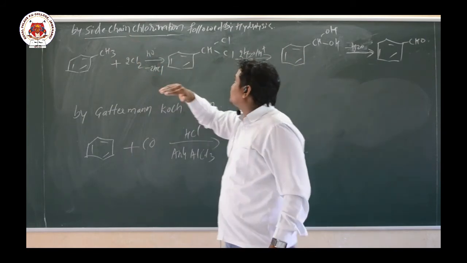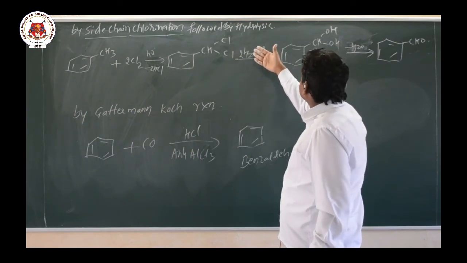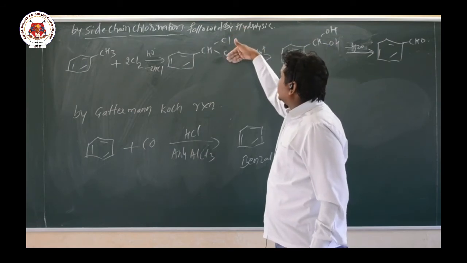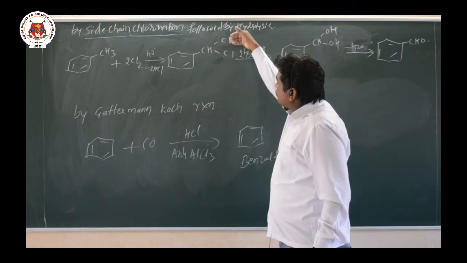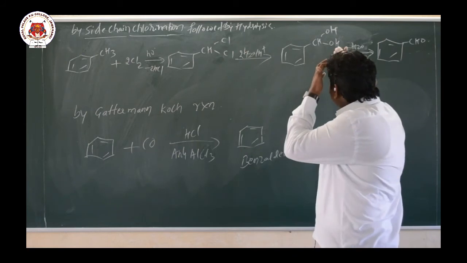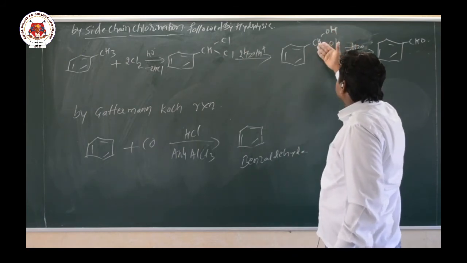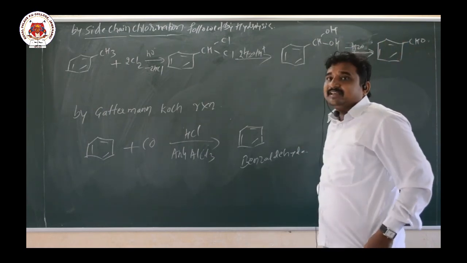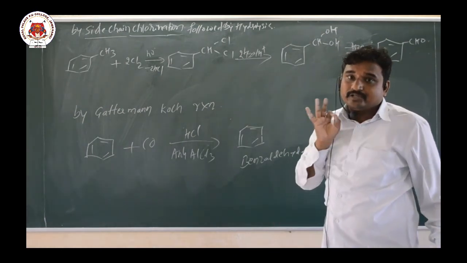Replacement of 2 hydrogen atoms and substitution of 2 chlorine atoms. After this, it will again undergo hydrolysis. That is, removal of 2HCl and substitution of 2H. After addition of 2H2O, removal of 2HCl takes place and there is introduction of 2 OH groups. Then there is again loss of a water molecule, H2O. The remaining thing is CHO, that is benzaldehyde, benzene CHO. So this is the method used to prepare benzaldehyde by side chain chlorination followed by hydrolysis.